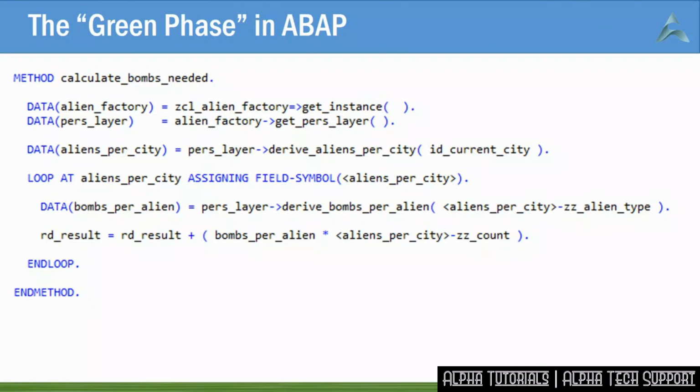In higher releases, you can use the OSQL framework, which can unit test SQL statements. And those unit tests would live within a test class, which is attached to the global database access class. To recap, you add small bits of code, a little bit at a time, until you get to the stage where the test passes.